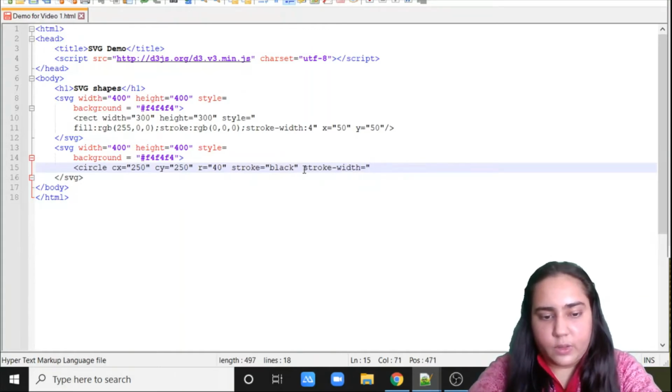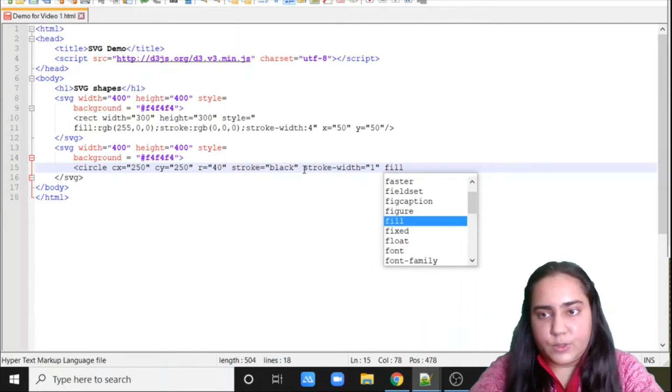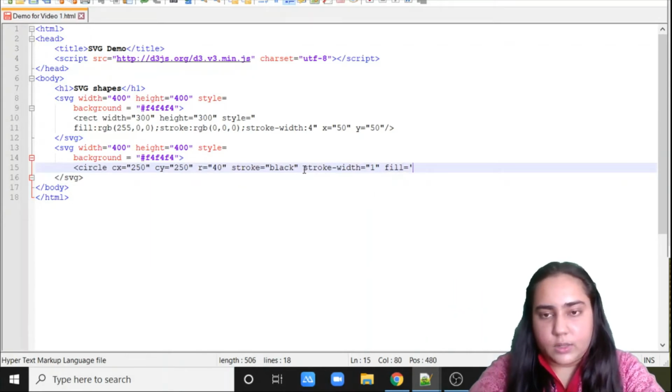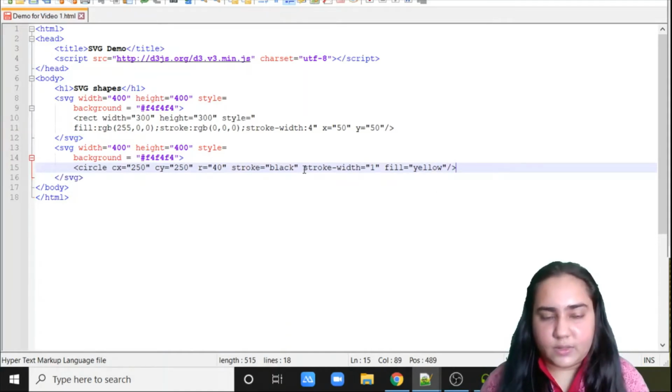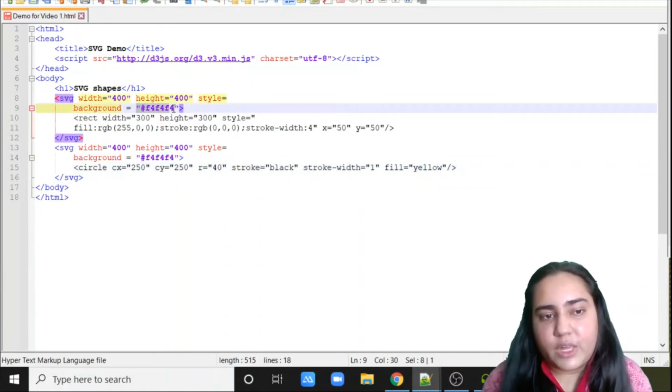let's make the width 1, and this time for the fill, I'm going to use the name of the color directly. So I'm going to use yellow. So this time there is no hexadecimal, there is no RGB value, it's directly the name of the color. So just so you know that you can specify color in all the 3 formats, whatever you like, RGB, hexadecimal,